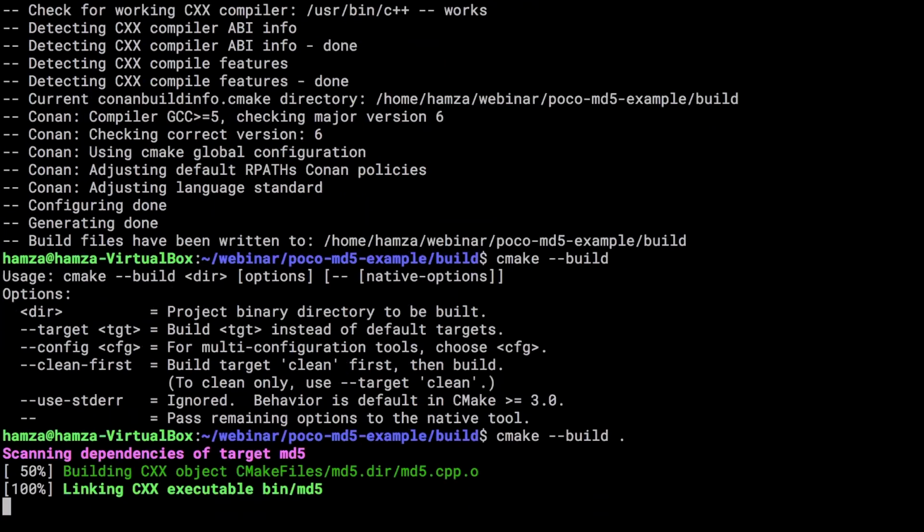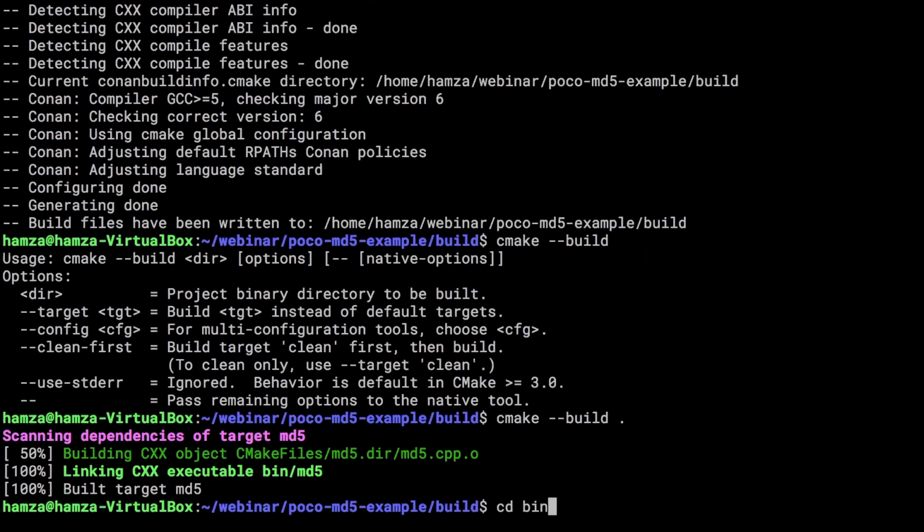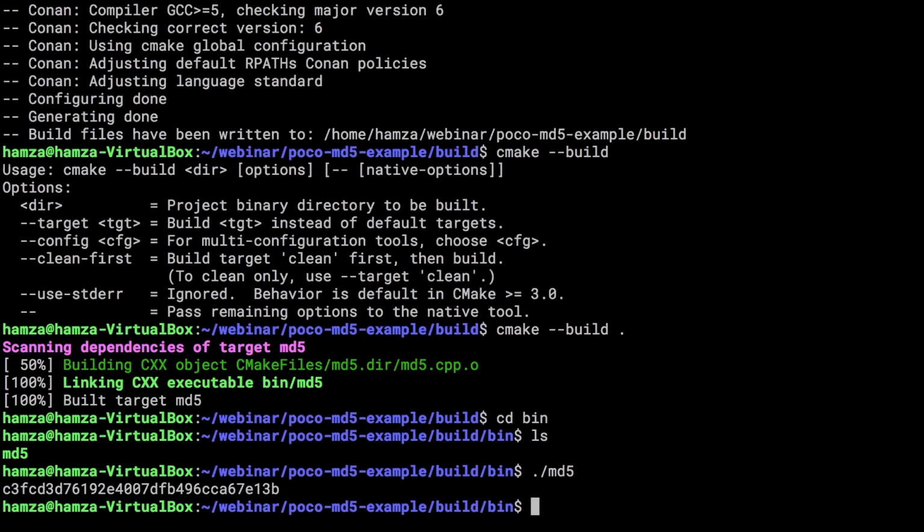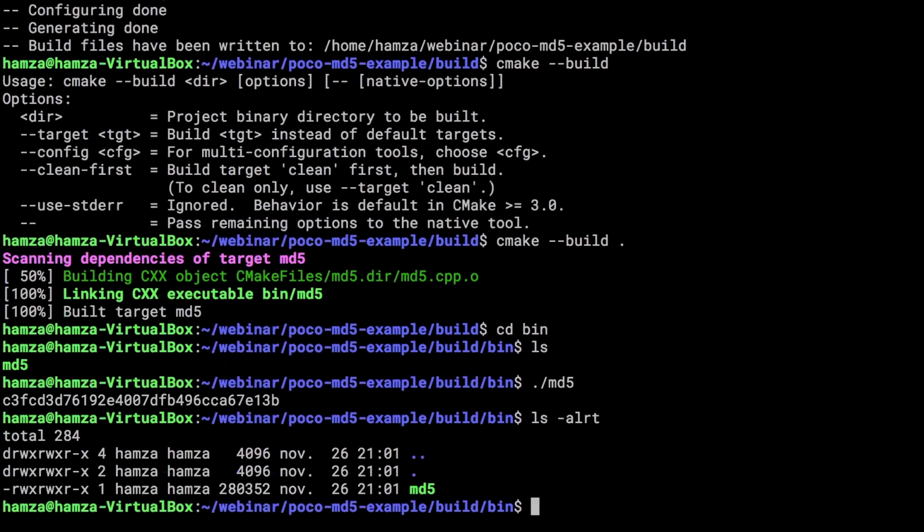Sorry. Here I should be able to find my MD5 library. So everything now is okay,